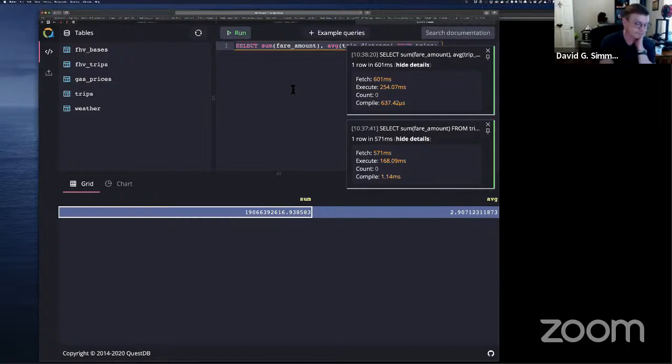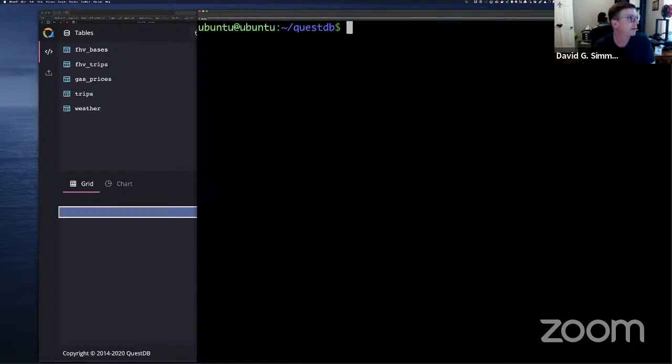Now, aside from that, since we're going to talk about Raspberry Pi, I actually have a Raspberry Pi sitting here. It's a Raspberry Pi 4. And one of the things that you'll need to do in order to run QuestDB on a Raspberry Pi is actually install a 64-bit operating system. So I'm running Ubuntu 64-bit for Raspberry Pi. And I've actually pulled the source code over, and I'm going to go ahead and build it